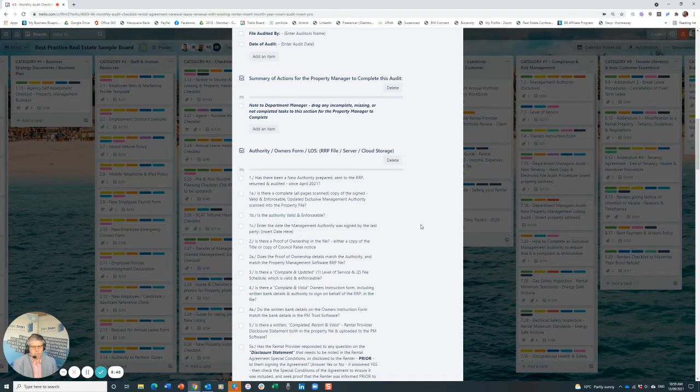So what I'm looking for here is inside of the cloud storage, that might be Google Drive, Dropbox, OneDrive, SharePoint, whatever it is that you're using to create your property folder. Now, we've got other training videos on how to create the folder. So you would have your landlord information, the property information, the current tenancy and the previous tenancies,